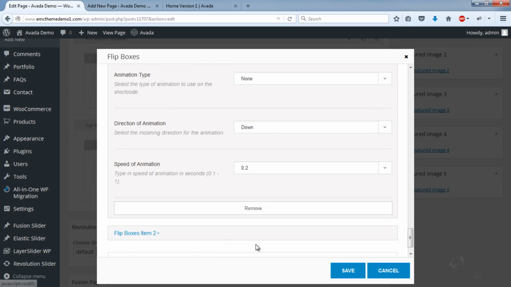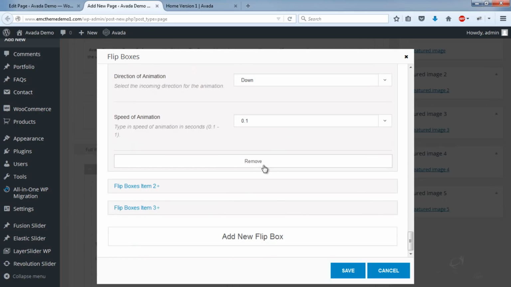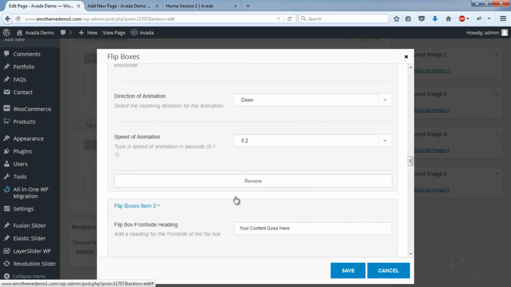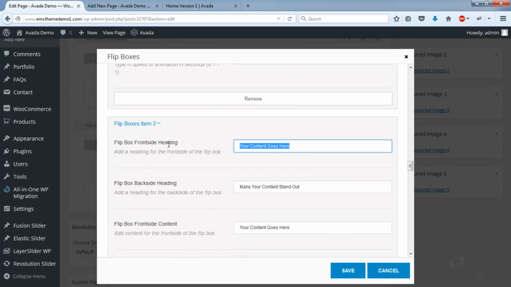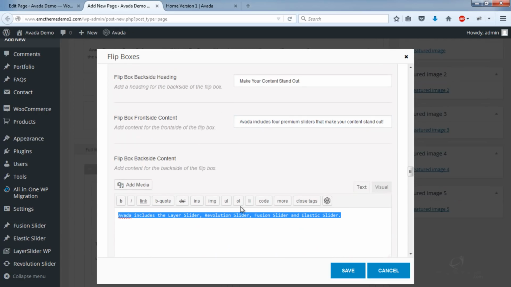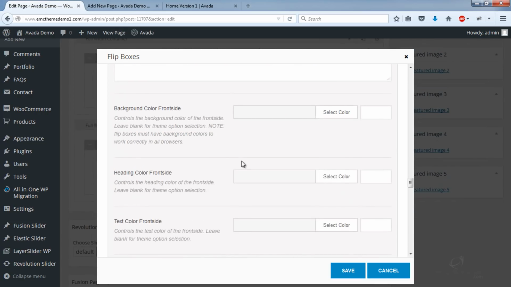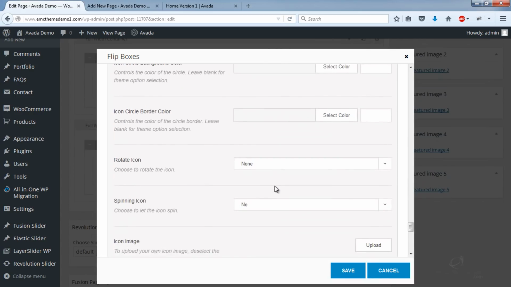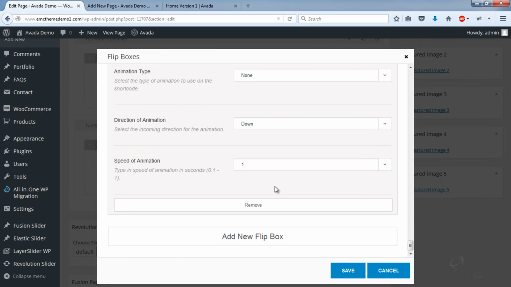Now I can add a new flip box and repeat. Cool, and then I'll add the third.